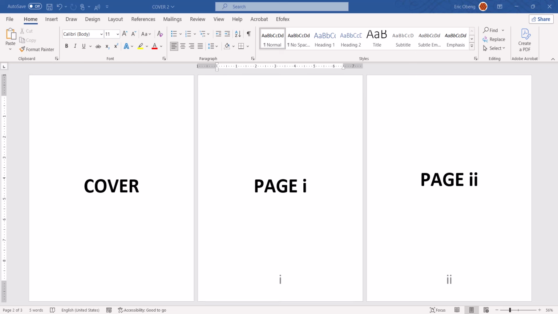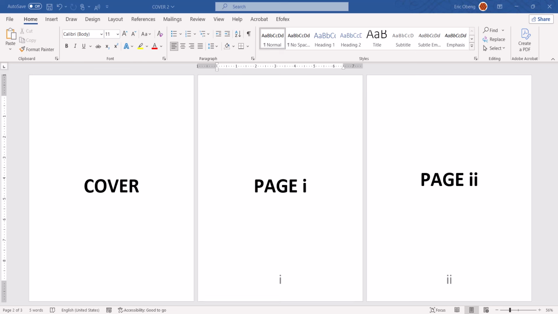In today's tutorial, we're going to solve a very common problem people face in Microsoft Word: how to format a document where the first page is a cover page with no page number, and the rest of the pages are numbered with Roman numerals starting from I. Sounds easy, right? But if you've tried it before, you probably ran into a few annoying issues. Let me walk you through the steps and explain what usually goes wrong, and more importantly, how to fix it